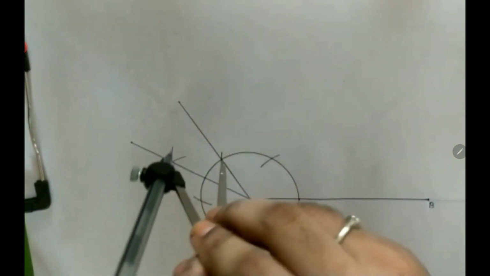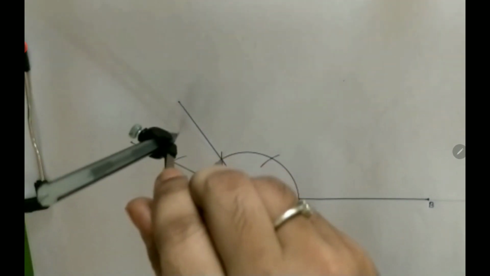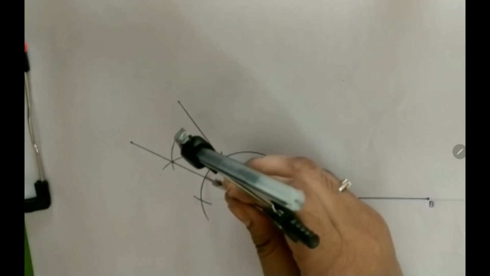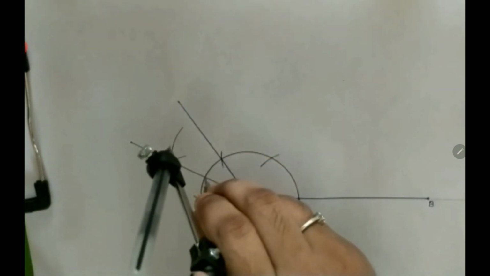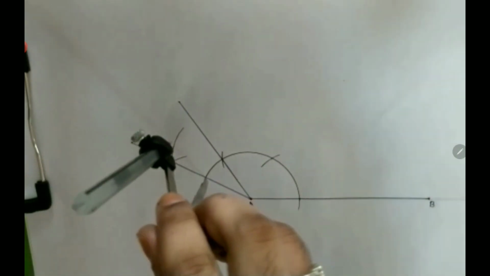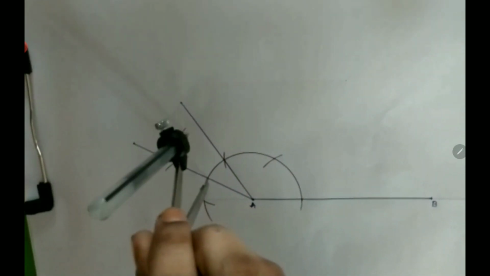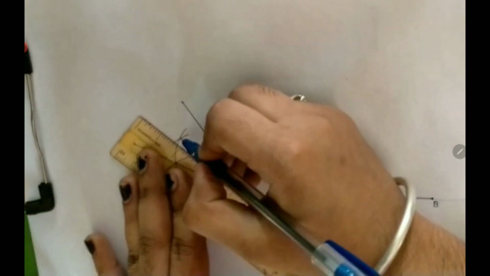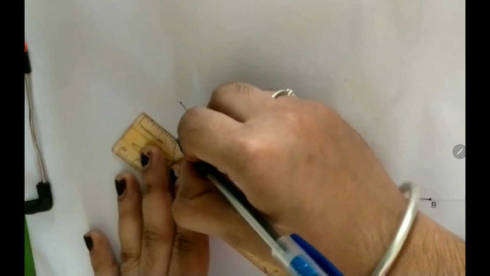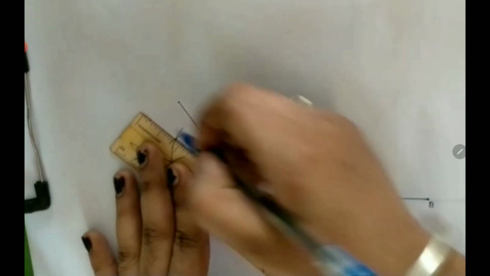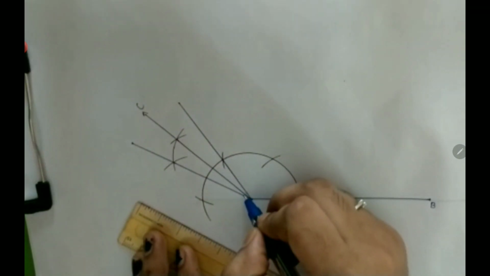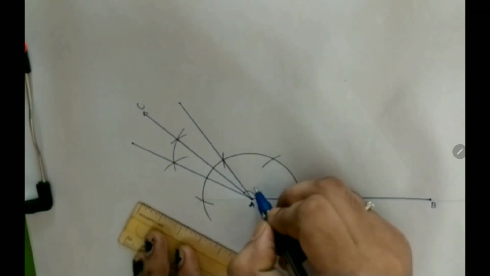Again, the same measurement can be extended here. Don't change the measurements from the starting to end. The radius is the same. Then you will get it easily here. See, again you got the angular bisector to the 30 degree angle. Join that point to A. That is the angular bisector of the 30 degree, and by using that, here you will get 135 degree angle. So this is the point C. So you got angle CAB equals 135 degree.